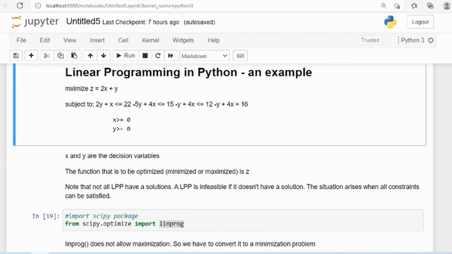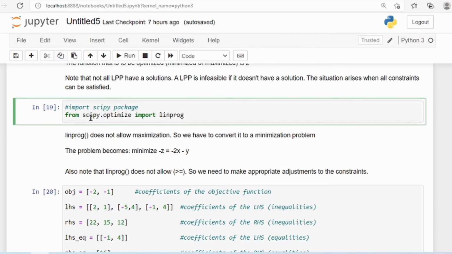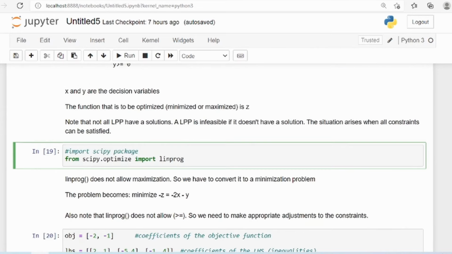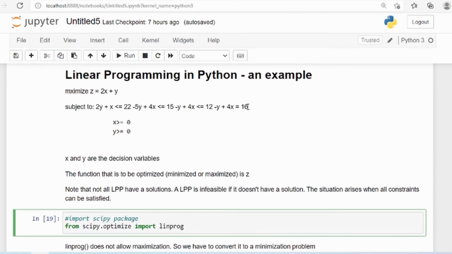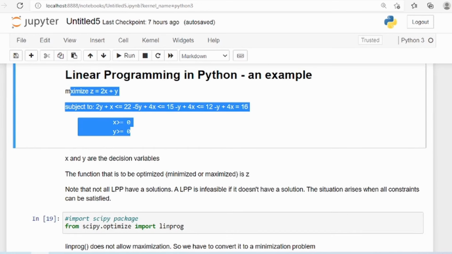So these are some of the things which will be constrained in a more manufacturing related problem. And how do we solve it? Well, we import the SciPy package. In scipy.optimize, we import this function called linprog. Once we have formulated the problem in a mathematical form, like how I see here, we